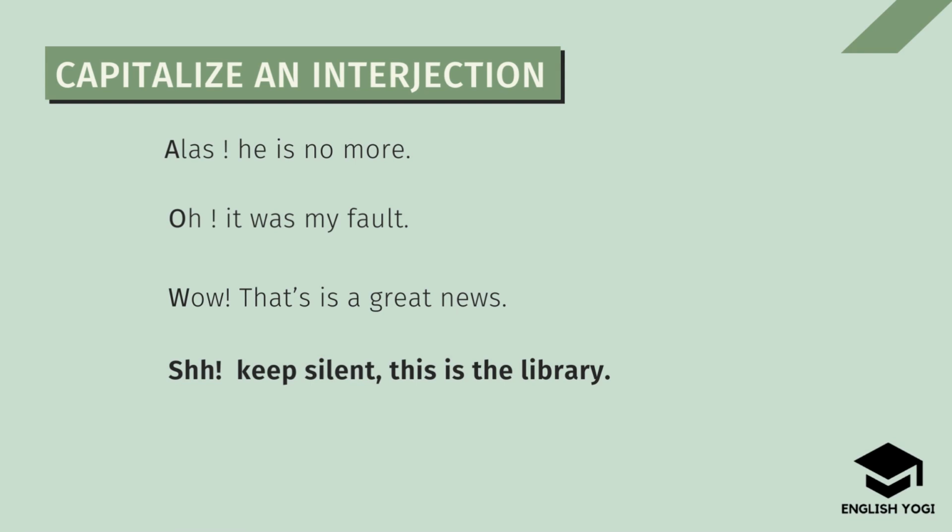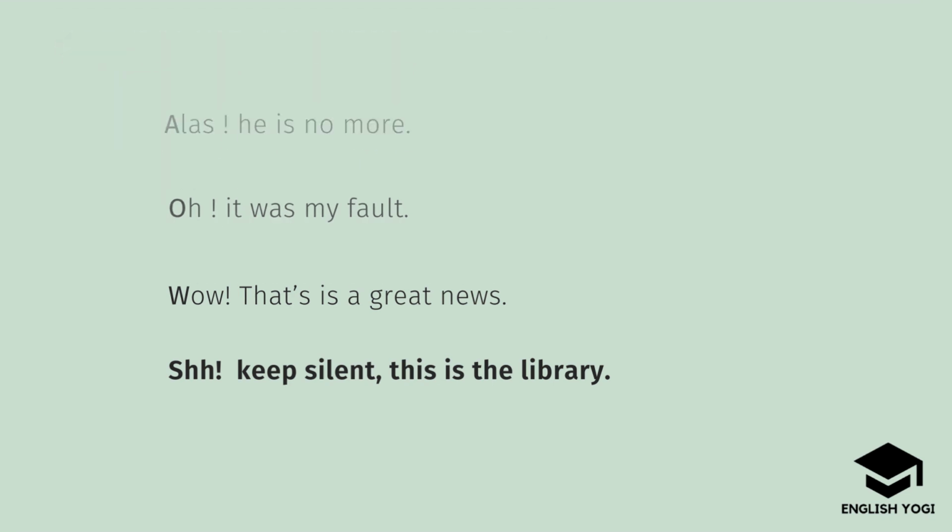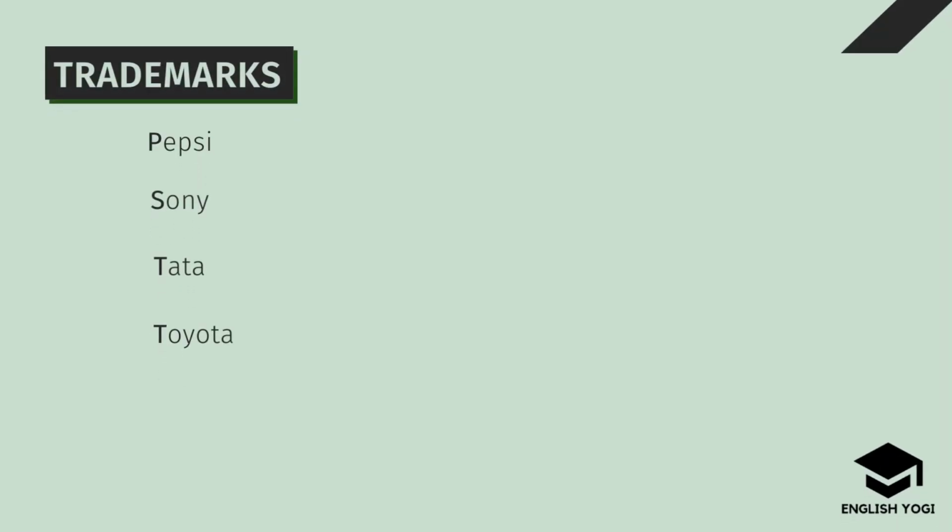So moving ahead, as we have discussed in one of our videos in total detail regarding interjections, we have to write a capital letter in an interjection. For example, Alas, he is no more. So A is capital. Similarly, Oh, it was my fault. So O is also capital. Wow, that's great news. That is, W is capital. And Shh, keep silent, this is the library. So SH capital. So this is again the basic rule. Whenever we use any interjection in the sentence, at that time the first letter of that word